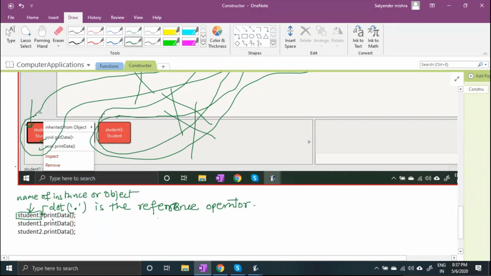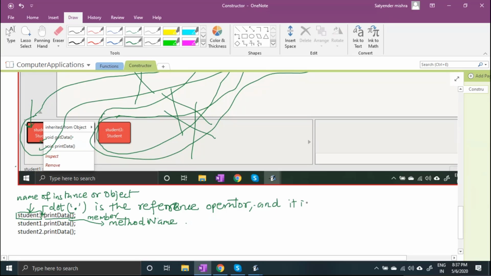So the next thing is the method. This part is the method name. We can say that this is a member method, so we will say member method name. This is how we can call. So dot is a reference operator, and it is referencing to the object.